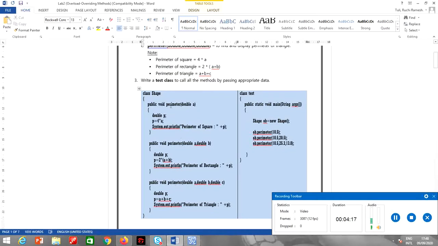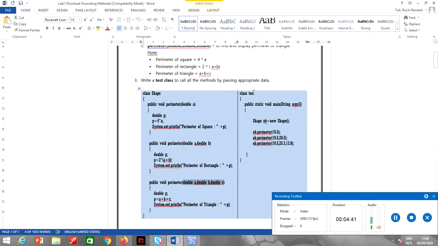Now if you see, I have three methods: perimeter, perimeter, perimeter. Their return type is the same, void. All the methods are not returning anything, but the only difference is the number of parameters: one, two, or three. So these methods are overloaded.